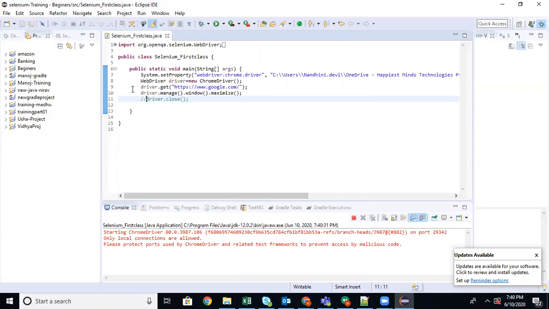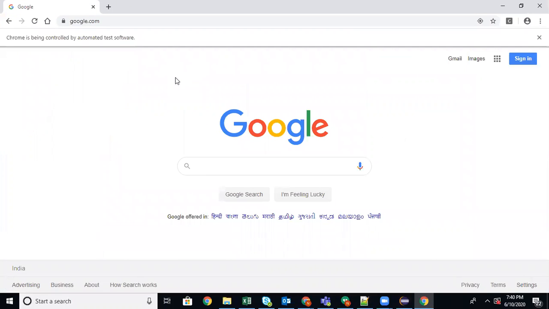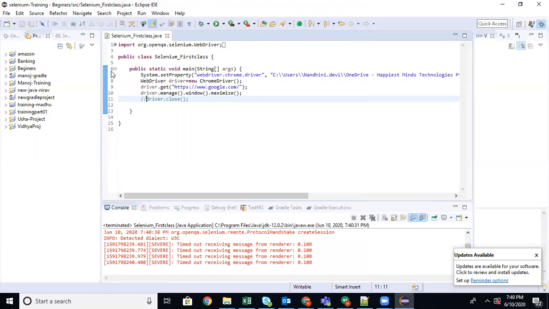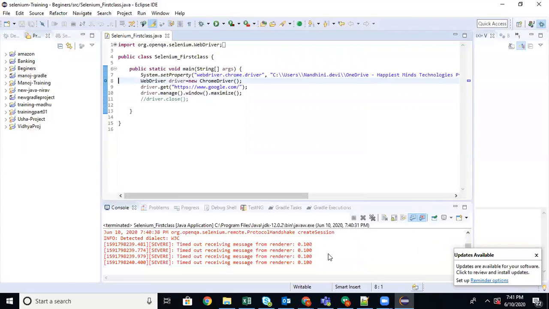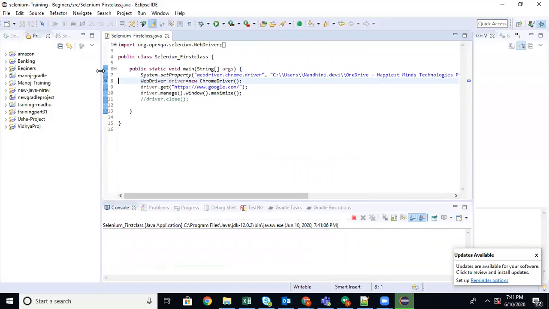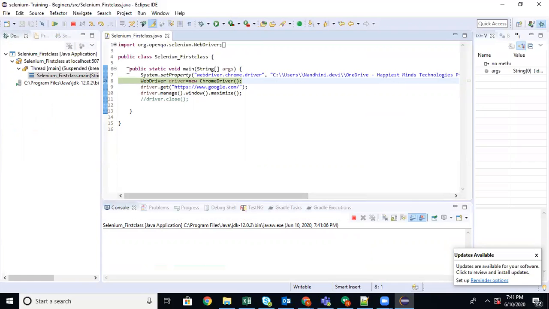So what will happen, the first one, it will set the driver thing. Second, it will launch the browser. Third, it will launch the URL. See, you saw maximize. Now you can also debug and learn how stepwise execution by using the breakpoints. How you can do breakpoints is just double click on the line that you wanted to do the step level execution, and then right click, debug as Java application. When you do like that, from line 8, you will be able to do step level execution.